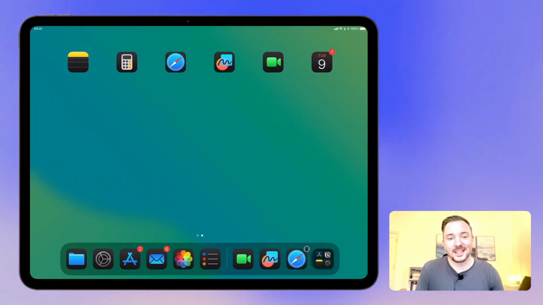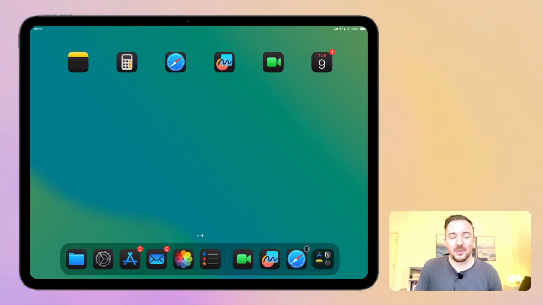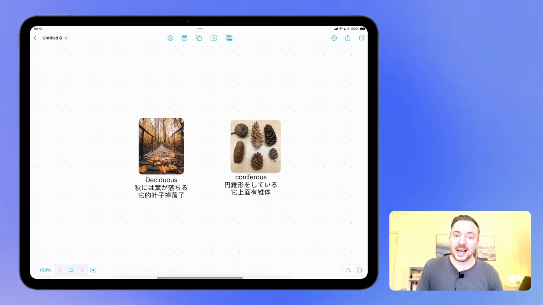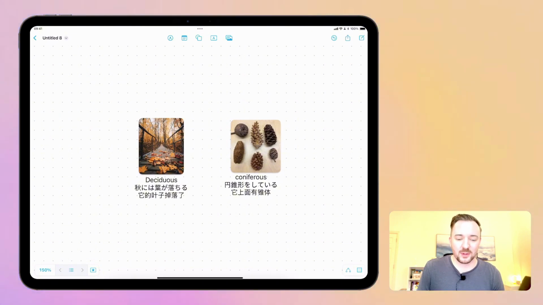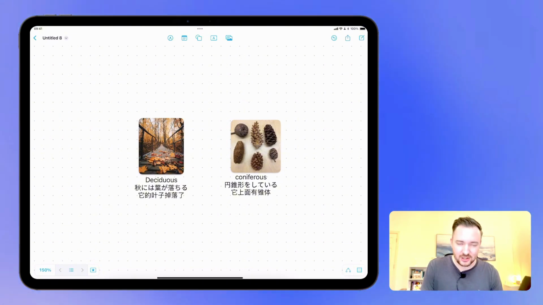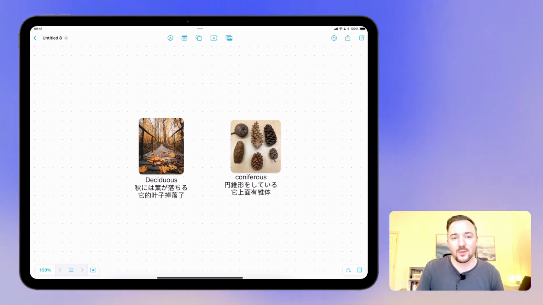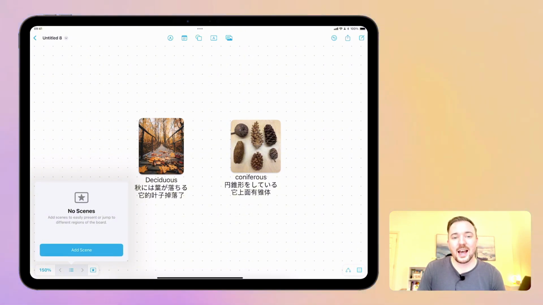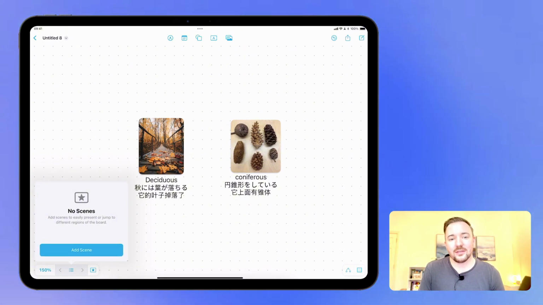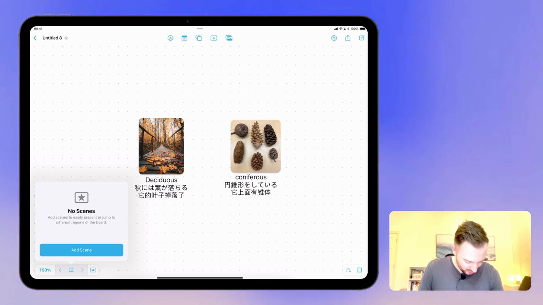Okay, next up is Freeform, which is a collaborative whiteboard app that's been about for a little while now. But in iPadOS 18, there are some new features for us to explore as well. So you can see that I've made something here on the screen, just a basic translation of something we've been doing in science class. In iPadOS 18, there's a new feature down here at the bottom called scenes, and you can add scenes and flick between them to zoom in and out of different areas of your project here on